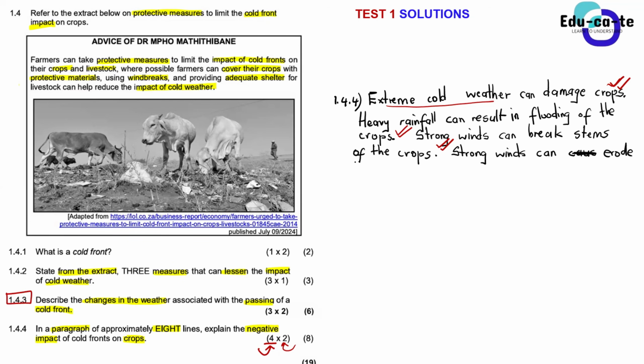It's a negative impact on the crops, because the crops require that top fertile soil to grow. And this can have a negative impact on crops, because remember, guys, that the crops require fertile soil. What else, guys, can you say?